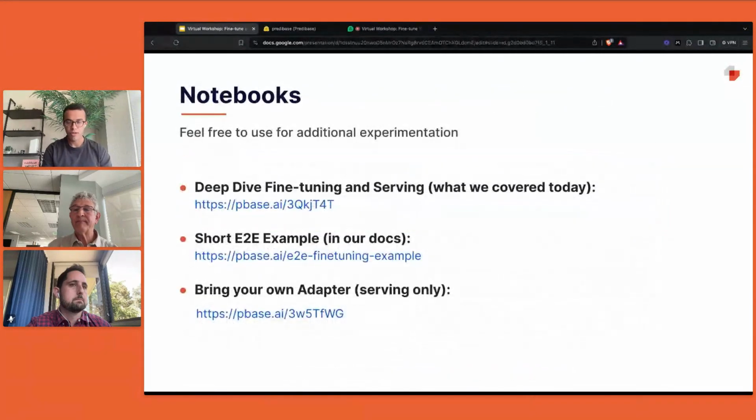Cool. I'll pause here for a little bit, but there are a few notebooks that we wanted to leave you with today. The first is what we covered today, which is our deep dive on fine-tuning and serving. Here's the URL. We also shared this earlier in the presentation, but there are two other ones we wanted to point you towards as well, if you're curious. If you just want to get started with a bare bones example, we do have an end-to-end example in our docs, which is very, very short, easy to get started. It's at